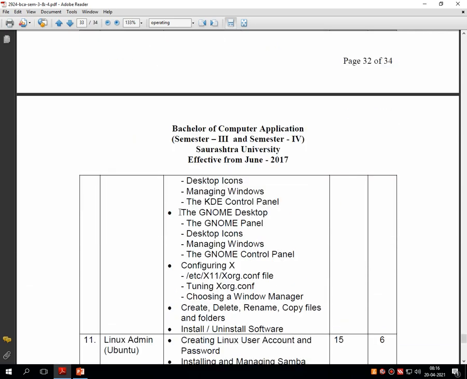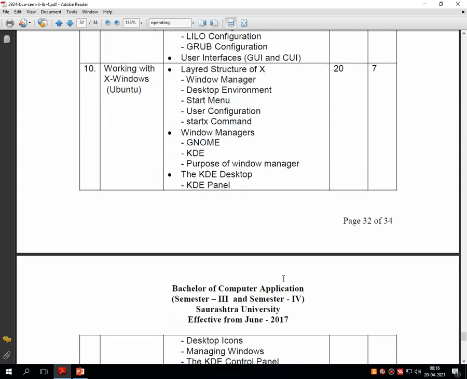Then it contains the GNOME desktop, how we can configure the X window, and some portion on how we can install and uninstall software just like Windows in Ubuntu. As you are observing, I have just spoken the names of the main topics; they contain subtopics also, so we will discuss all these topics in detail. So let's start with the same.